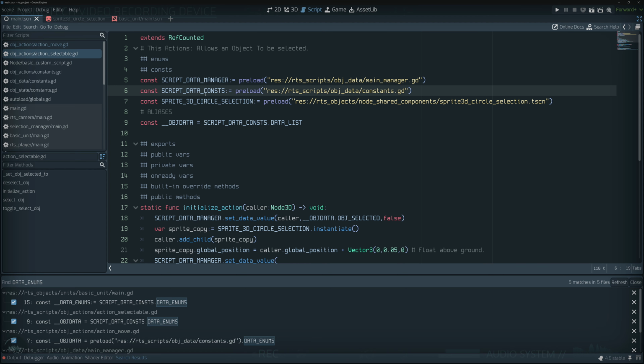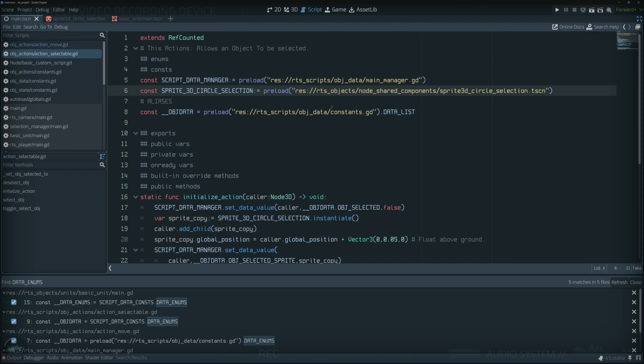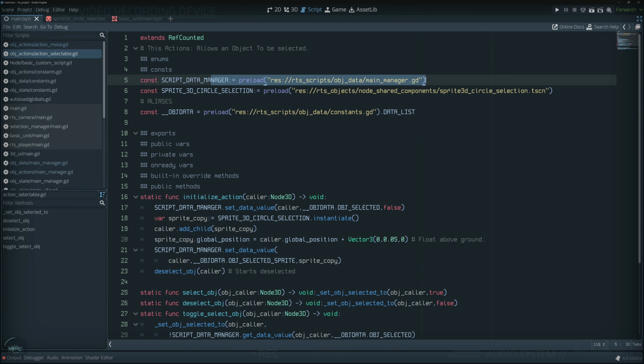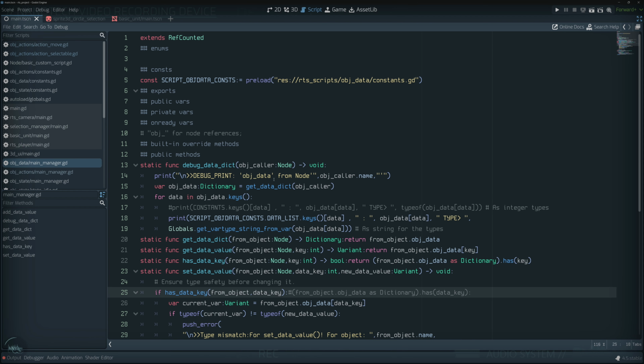So here's a little more simple. We're going to just copy the preload code under our script data constants and remove this one. So the aliases is a lot more clean here. Now for data managers, we don't have aliases for those because they are also individual objects or interfaces, kind of like that. So for data managers or any kind of manager we are preloading that basically exposes an interface for us to